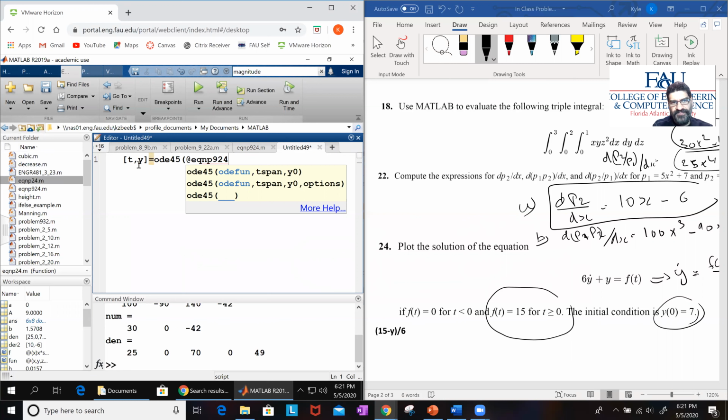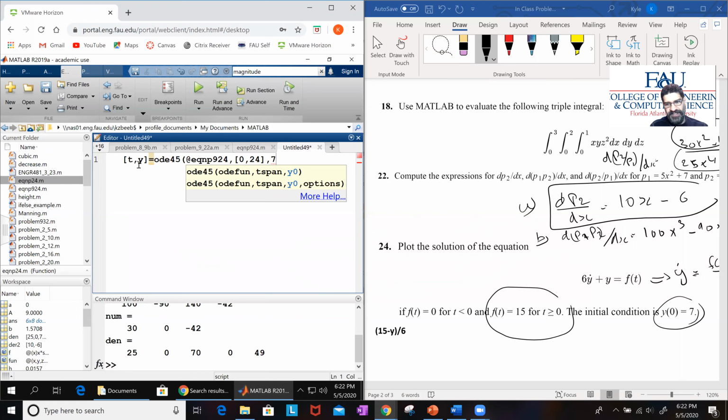That is the equation for problem 924. So I call that equation, and let me now do the t-span. So that's from 0 to 24, and then I'll assign the initial condition, which is 7,